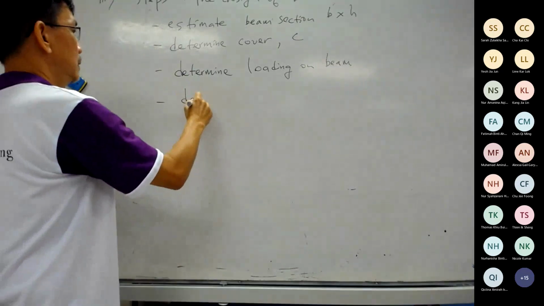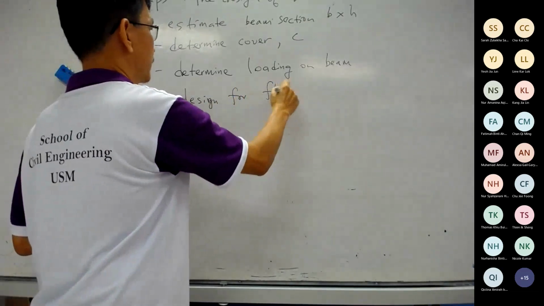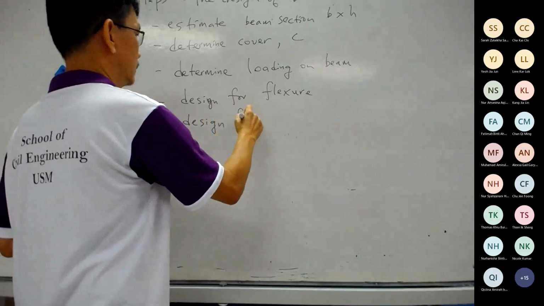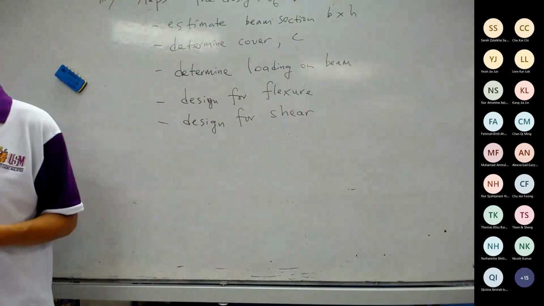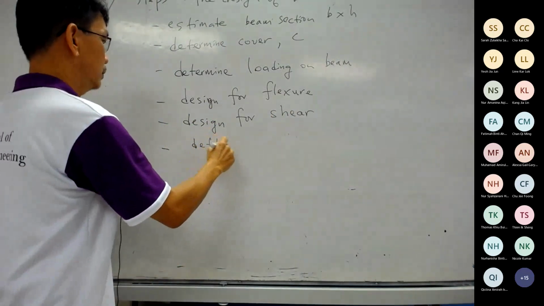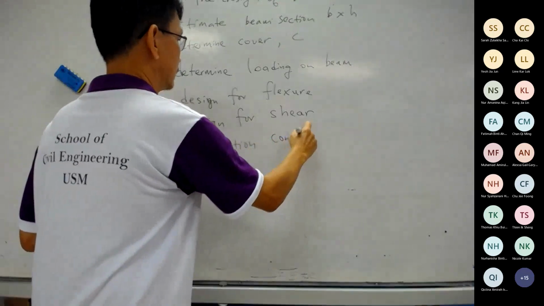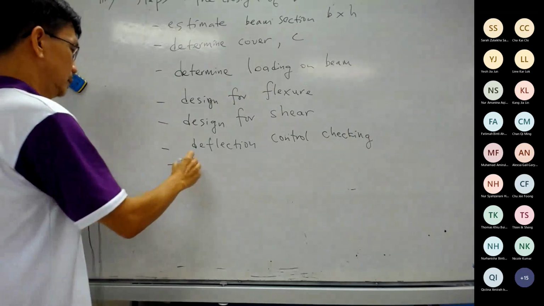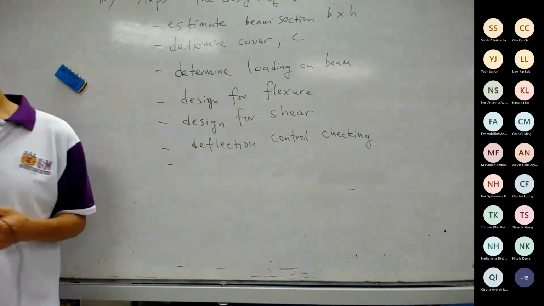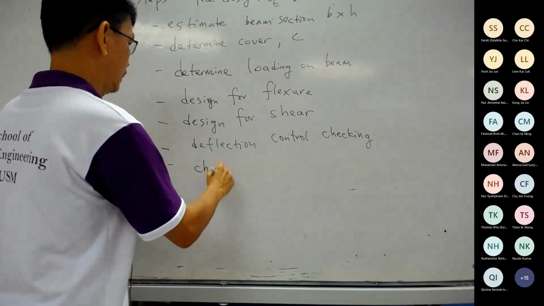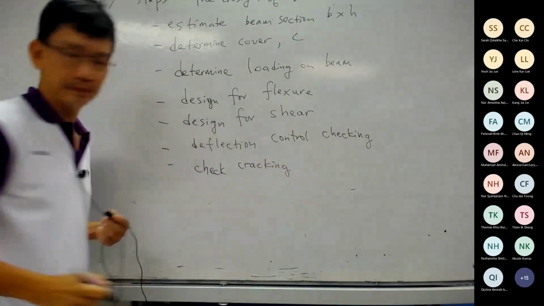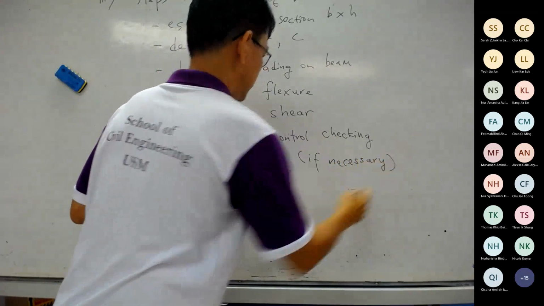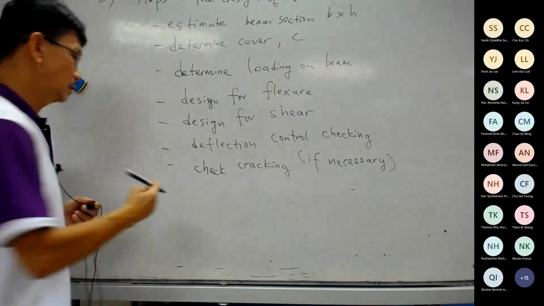So after that, we can do design for flexure. Then we go for design for shear reinforcement. After that, we go for deflection control checking. Then we do this detailing check, crack control, okay? Check for cracking. This is particular if necessary, okay? Then finally, we provide